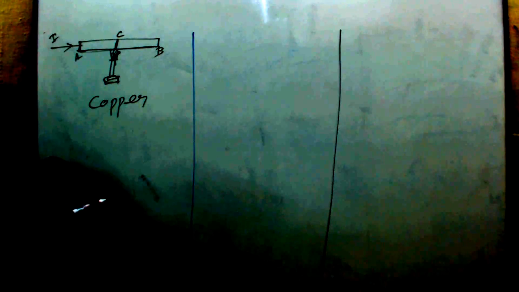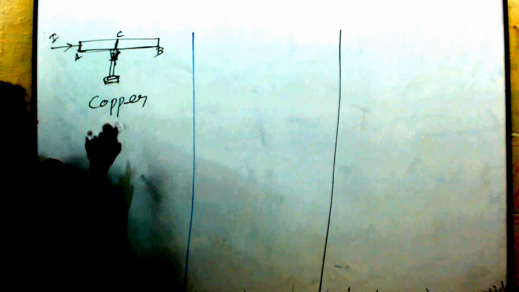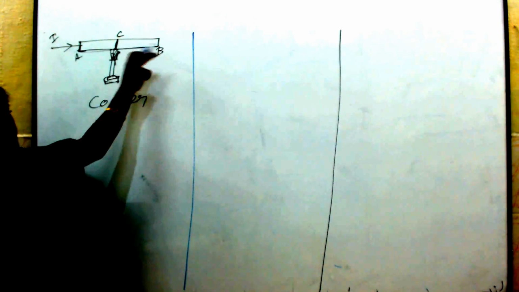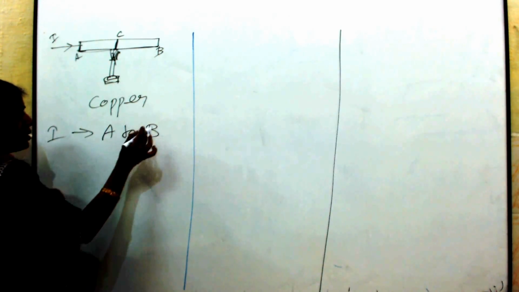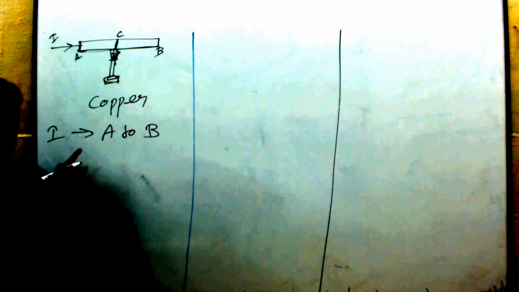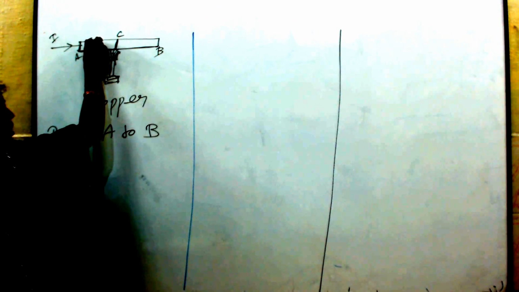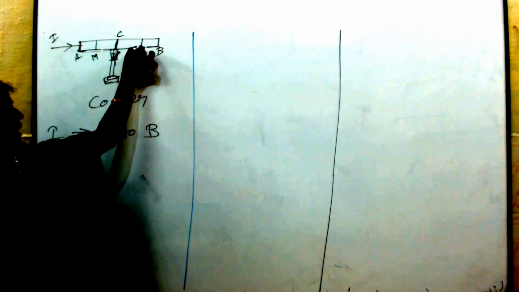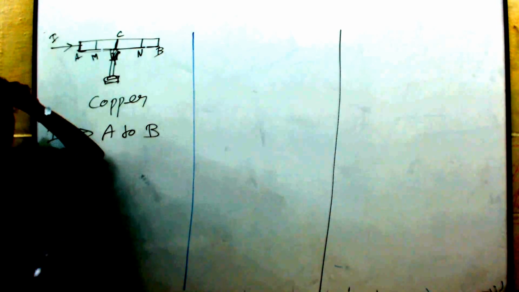What happens when I heat this conductor? It is not heated evenly now. It is an unequally heated conductor. Now at the center only I am going to supply some heat to this conductor. Current is flowing in this direction from A to B. So when the current flows from A to B, we are going to see what happens to the heat produced or evolved, where the heat is absorbed and where the heat is liberated. Now take any 2 points which are equidistant from the center C. Let these 2 points be M and N.